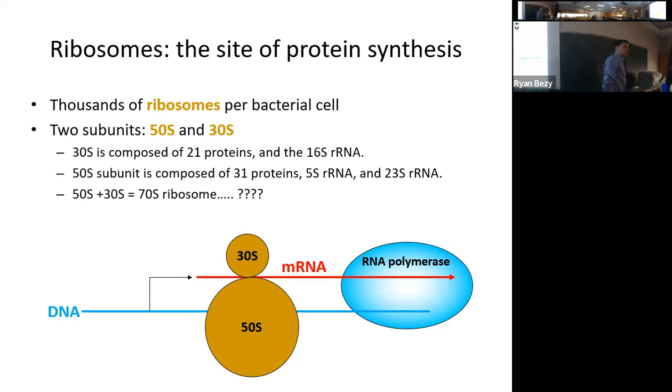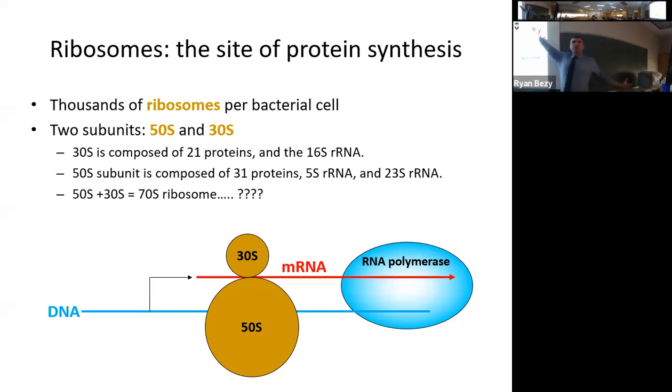These are big enzyme complexes. The 30S subunit is composed of 21 different proteins, plus the 16S rRNA molecule, a ribosomal RNA. And we're going to talk about the role of 16S ribosomal RNA here in a second. The 50S subunit's even bigger. About 31 different protein enzymes make up the 50S subunit, plus the 5S rRNA and the 23S rRNA. So a couple different ribosomal RNAs are in that 50S subunit. There's a lot of different enzymes and some ribosomal RNA molecules forming these big superstructures inside the cell, and they're all cooperating towards a particular function.